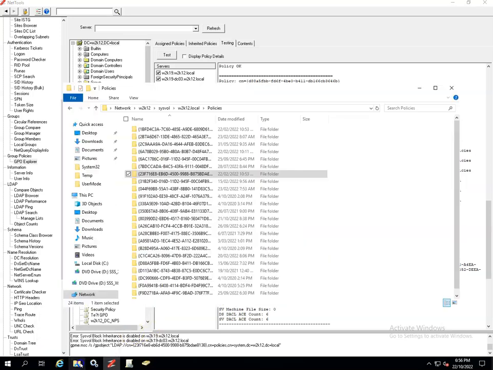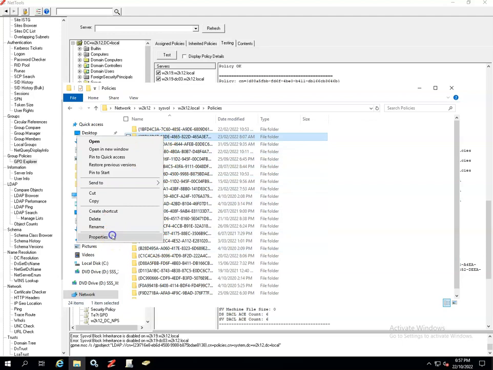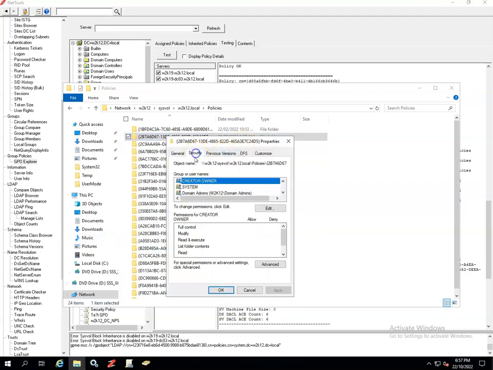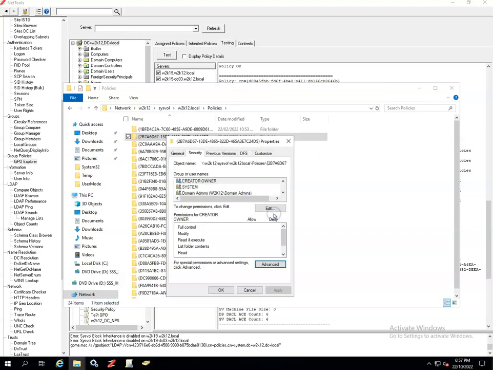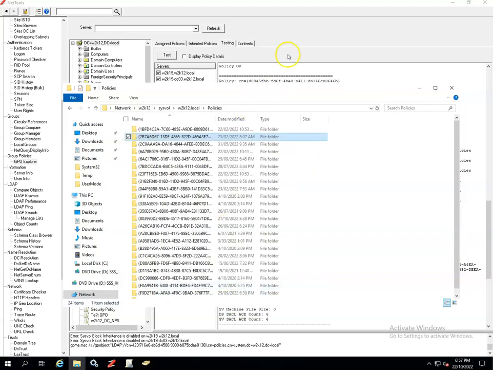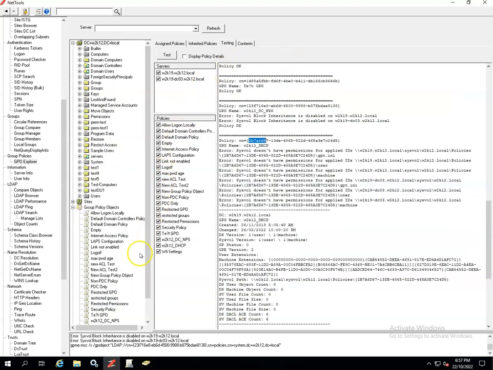So 2B7. And because this is a permissions down the tree issue, we'll force it to actually sync those down the tree. And then if we do that again on DHCP,